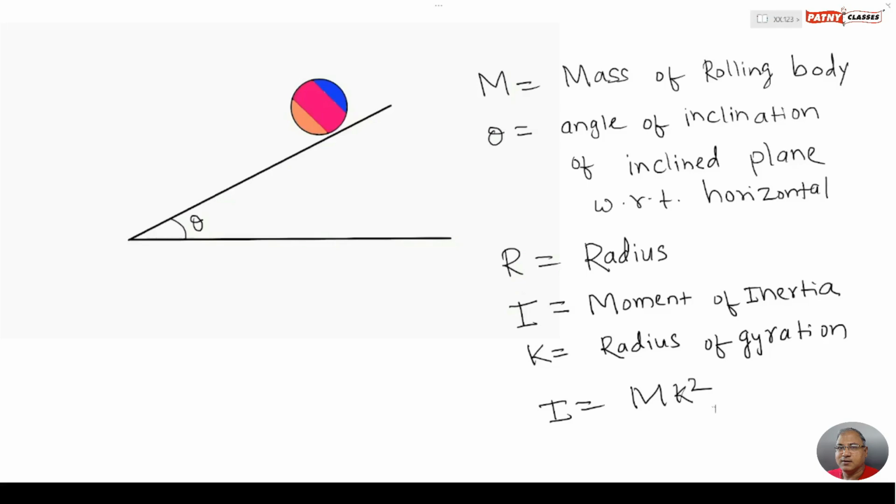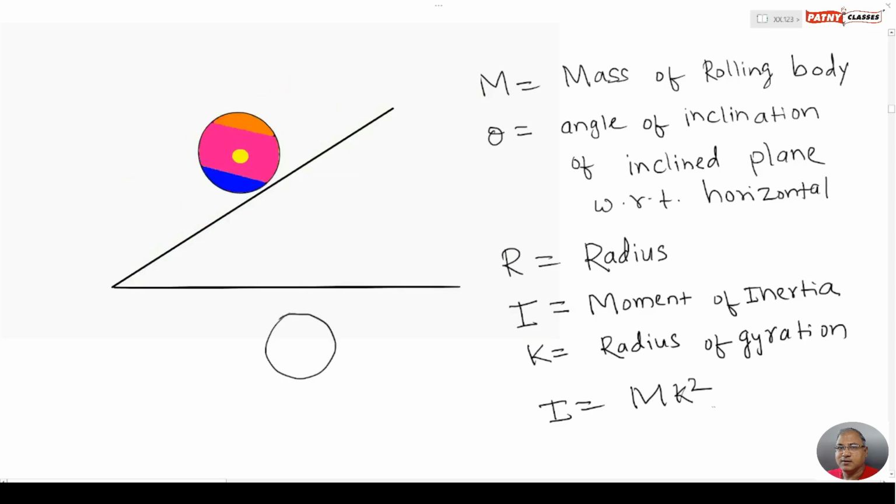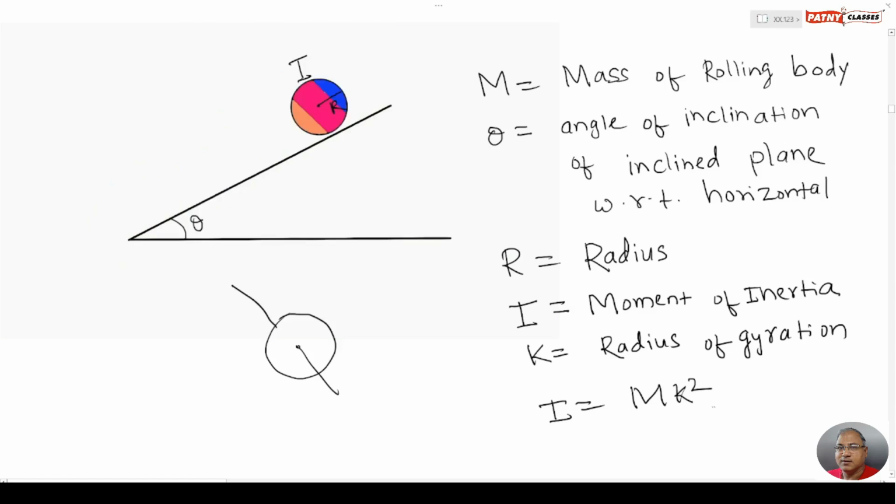First of all, what is the basic information? The basic information is the mass of the rolling body, denoted by capital M, and it is on an inclined plane, so we must know the angle of inclination. So theta is the angle of inclination of the inclined plane with respect to the horizontal, and r equals the radius. You see, this is the rolling body, so this is the radius of the rolling body, and I equals the moment of inertia. When the body is rolling, there is an axis of rotation. You see, this is the axis of rotation,